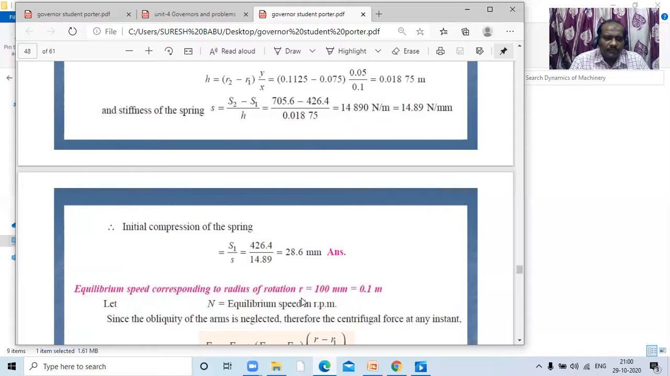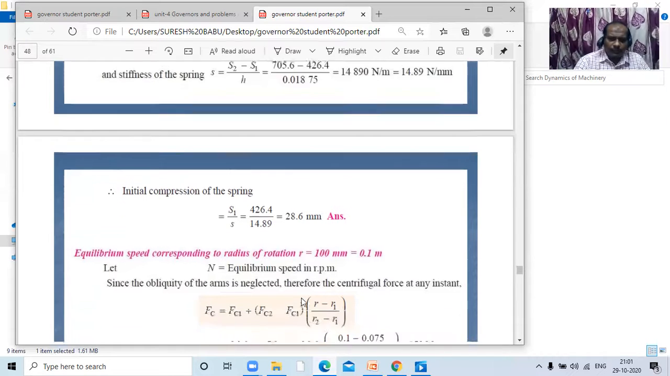Next, equilibrium speed corresponding to radius of rotation. So first point you have concluded, that is stiffness of the spring is S2 minus S1 by H. H is equal to R2 minus R1 into Y by X. R1 and R2 are known, thereby we calculated H value. Next part of the problem is equilibrium speed. At equilibrium, how to calculate equilibrium speed? For that one, radius of rotation is given as 100. We can substitute the same